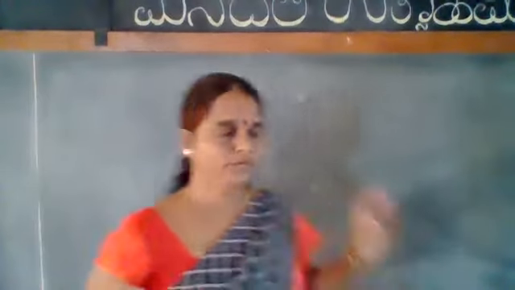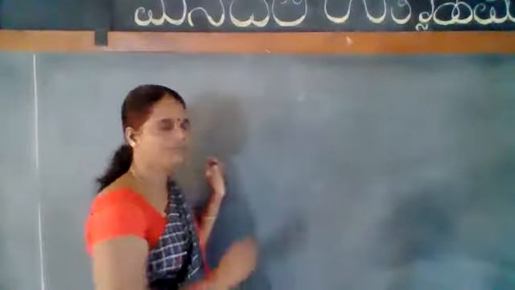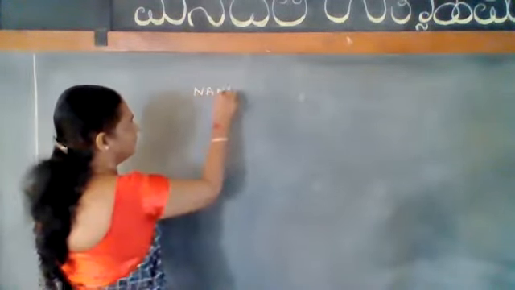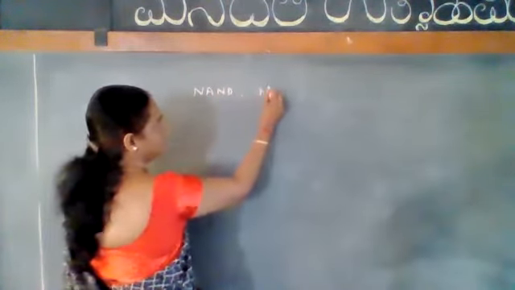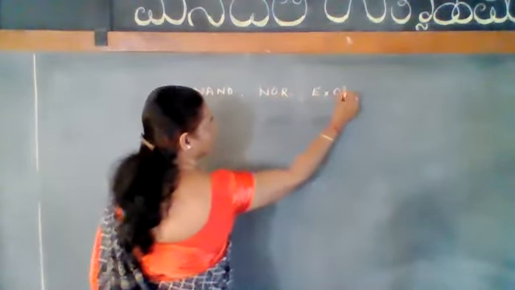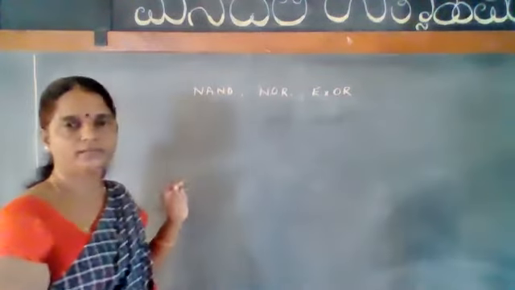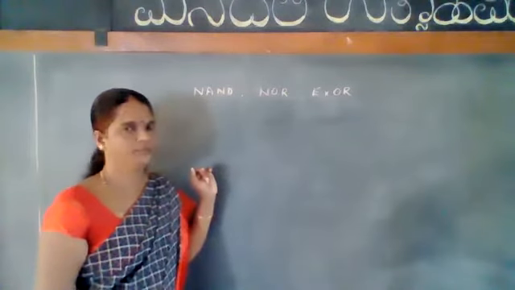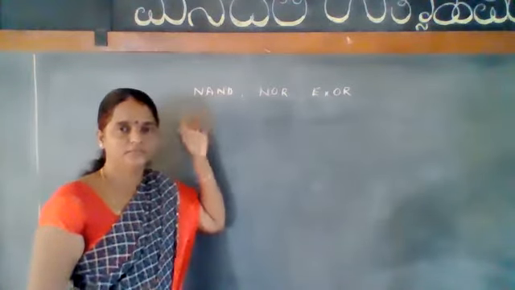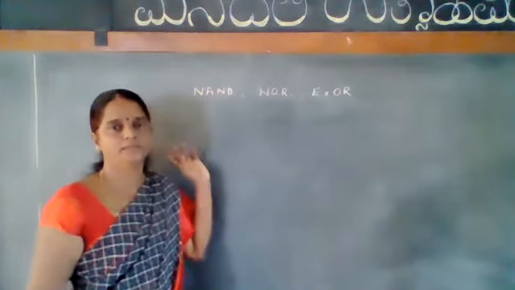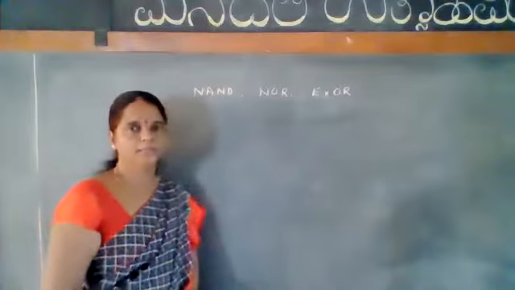Yes. So in today's session, we are going to start with the NAND gate. Also, we are studying what is an OR gate and XOR gate. These are the three more gates which are used in digital electronics, and let us study the definition, the symbol, truth table, as well as the working of these three basic gates.